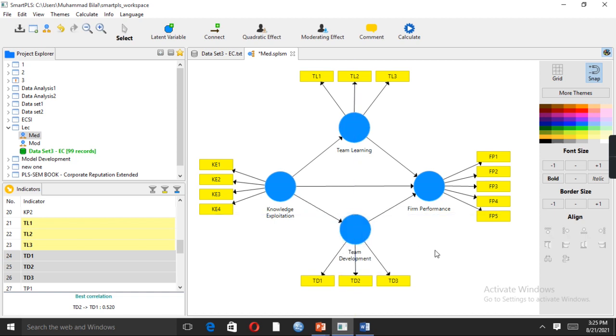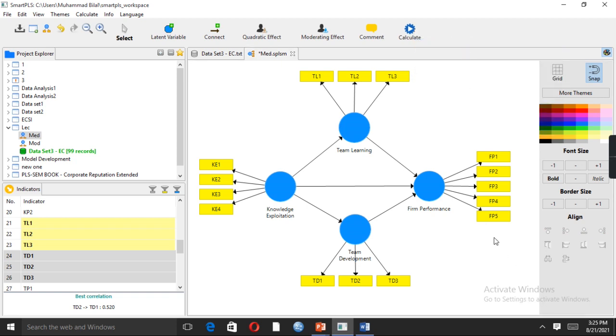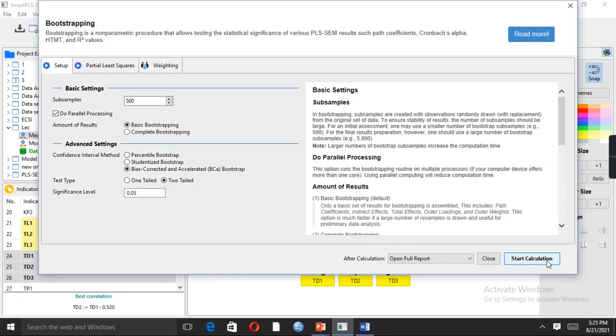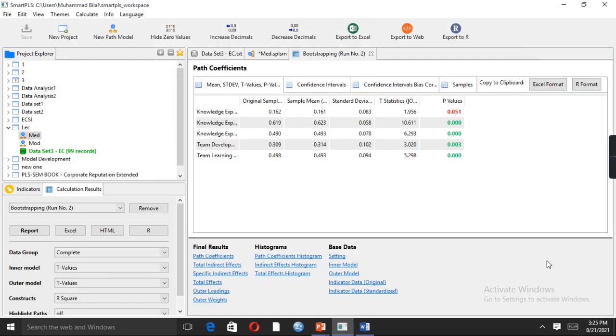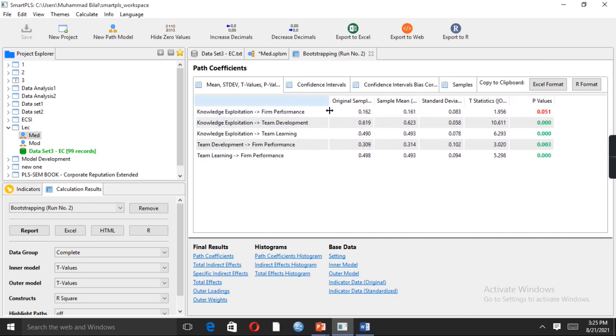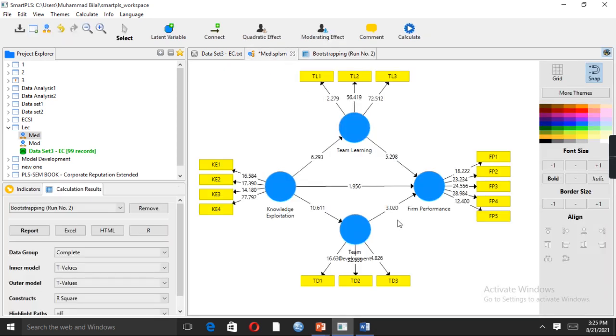Rest of the analysis is the same for data reliability and validity. Just go to calculate bootstrapping. Click on start calculation. So in this case, we can see that we are having 5 direct relationships and 2 mediating relationships. These are the 5 direct relationships.